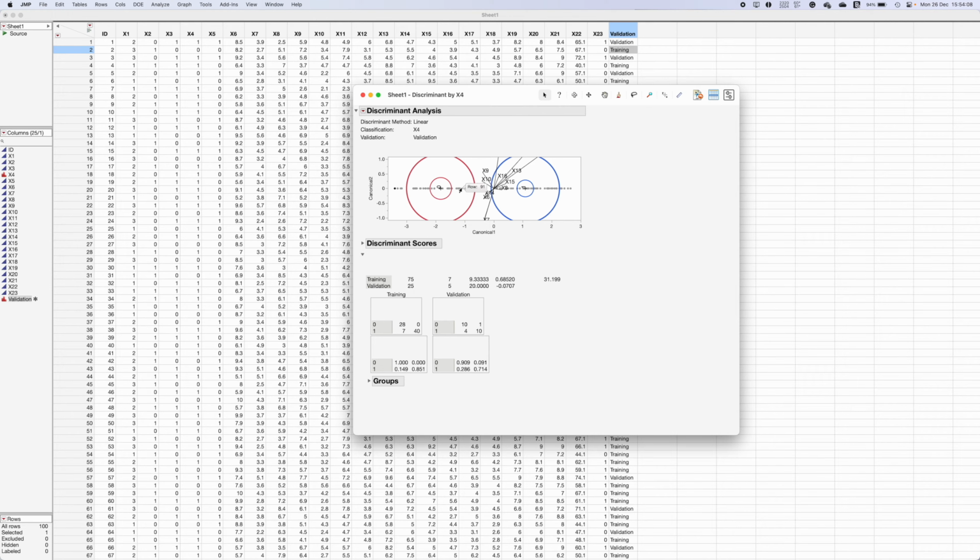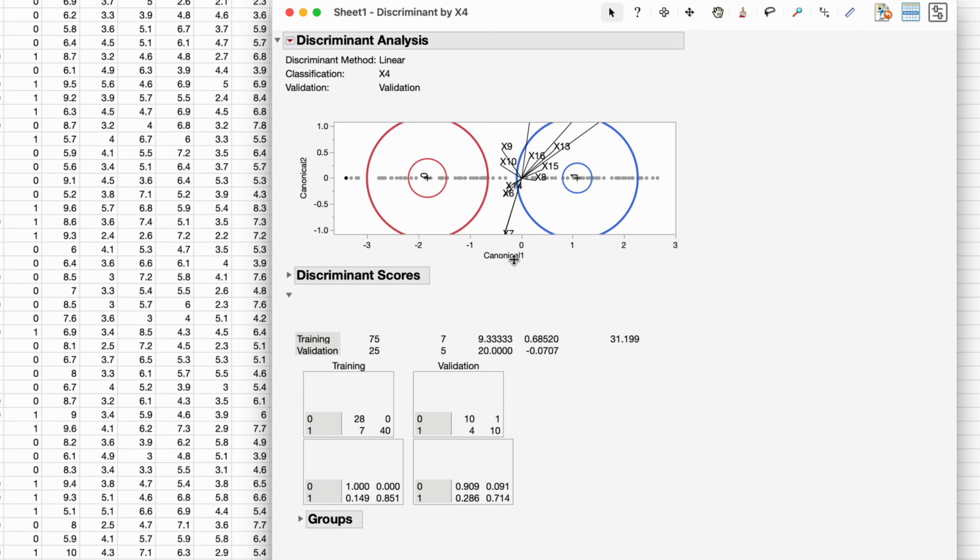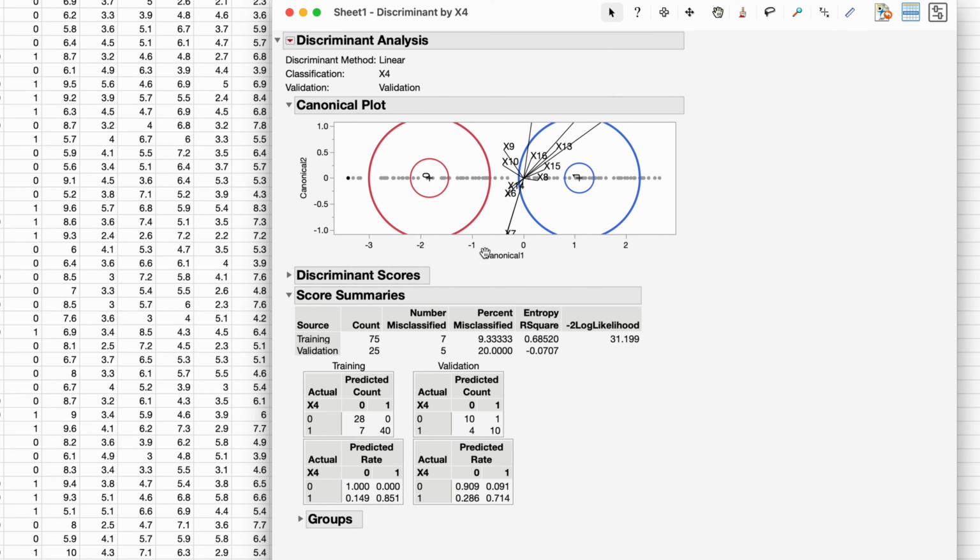Now if you look closely here, the canonical one is the function which is going to classify our data into 0 or 1. Towards the right we see 1, towards the left we see 0. So that means if this discriminant function or canonical function score increases, the data point belongs to 1 category, which means inside US. If the canonical function decreases, that means the data point belongs to 0, that means outside US